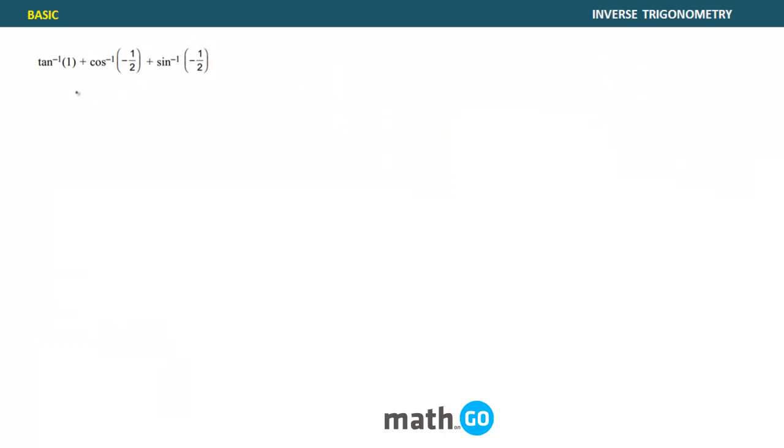Let's take a basic question to understand the concept. So it is tan inverse 1 plus cos inverse minus 1 by 2 plus sine inverse minus 1 by 2. Let's solve individually. So what is tan inverse 1? You can say y is equal to tan inverse 1, or tan y is equal to 1. So what value of y will be there? Yes, it is pi by 4,